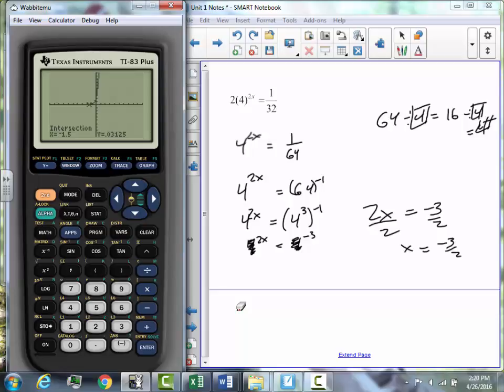Intersection 3. Okay, why is this doing that? Because this was supposed to be to the 2x. Oh, that's fine. Try it again. As long as you answer